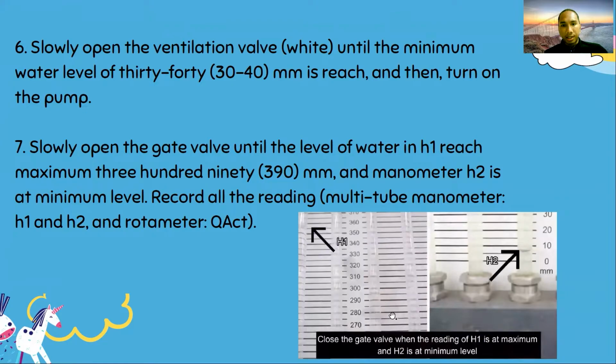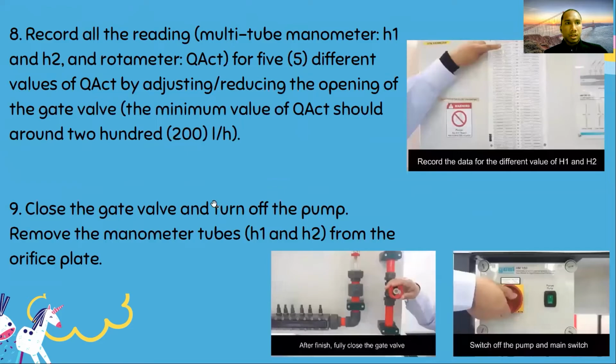So as you can see in this picture, the reading of H1 is at the maximum while the reading of H2 is at the minimum. So at this state, we have to record the reading. Number 8, the 8th step is record all the readings